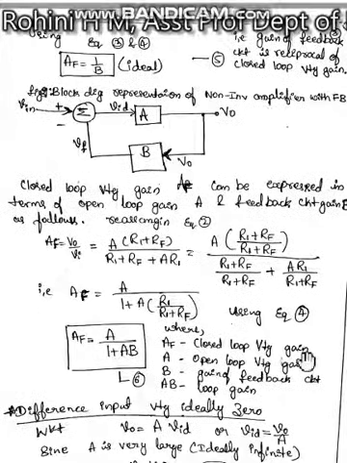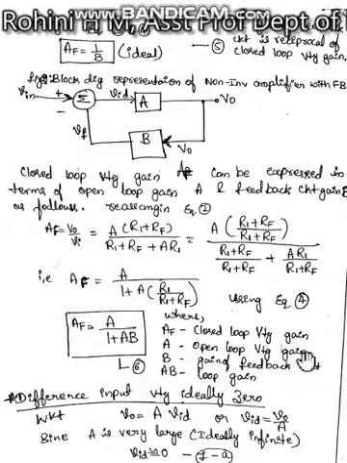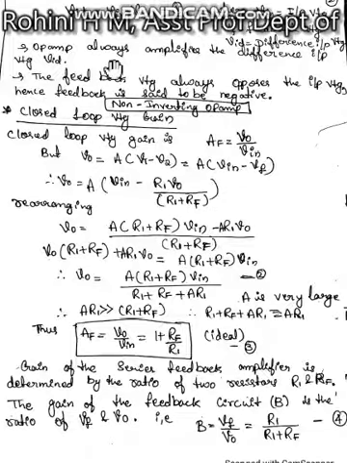So next circuit is, next we are writing the gain of the feedback circuit is the reciprocal of the closed loop voltage gain, that is, AF can be written as 1 over beta. That is evident from expressions 3 and 4. So this is expression number 3, that is AF is equal to 1 plus RF by R1, or it is R1 plus RF divided by R1. So it is just the reciprocal, these two expressions are reciprocal of each other. So we can write RF is equal to 1 over B.